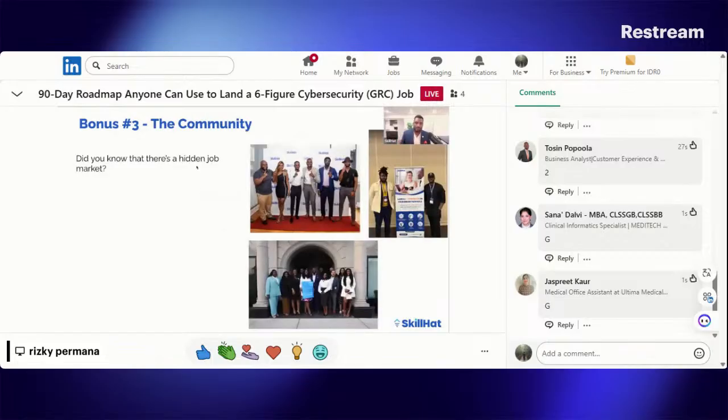The third bonus, let me ask you a question. Okay, there's a hidden job market. Okay, in case you guys don't know. Did you know, let me ask you a question. What percent of jobs that exist in the market are actually posted? Is it 10% are posted, 8% are posted, what percent are posted? What percent of jobs that actually exist are posted online, on Indeed and Glassdoor? Yeah, it's actually 20 to 30%. You guys got it correct, most of you. So that means that at least 70 to 80% of the jobs are not even posted. And so there's a hidden job market.